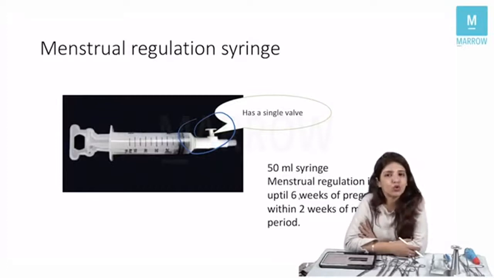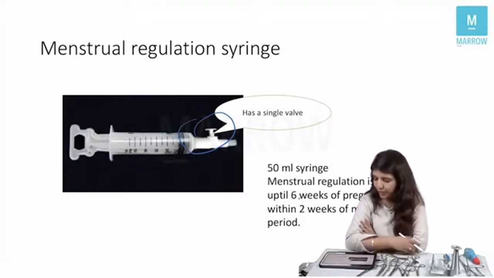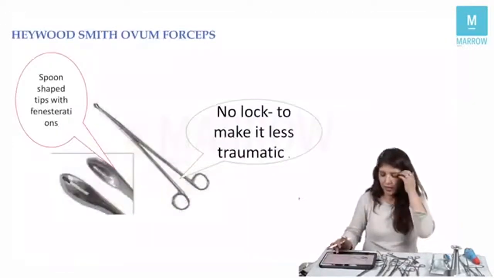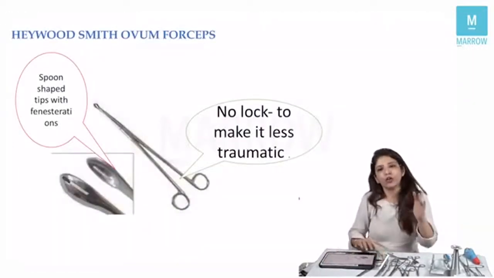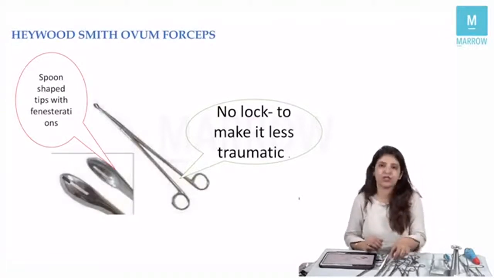Menstrual regulation is done using a menstrual regulation syringe in which there is a single valve, right? Now, till 12 weeks we were doing suction evacuation, and we were doing suction evacuation with the help